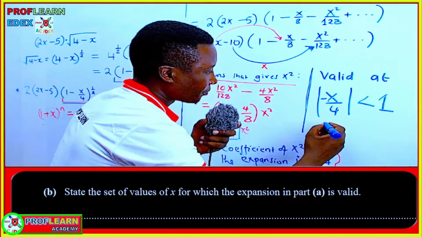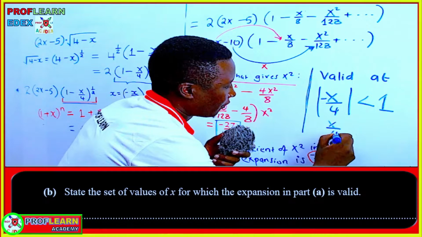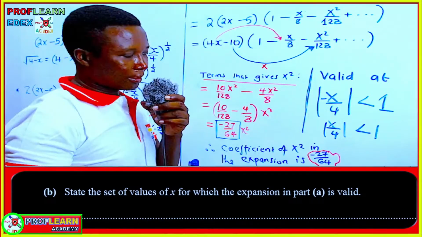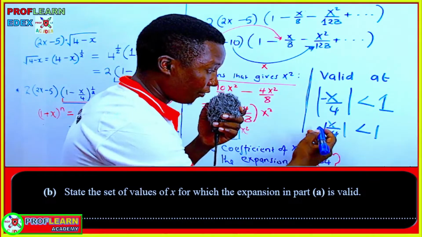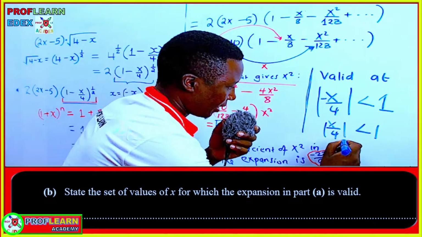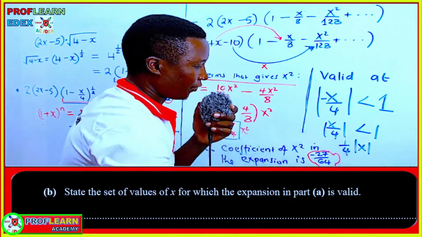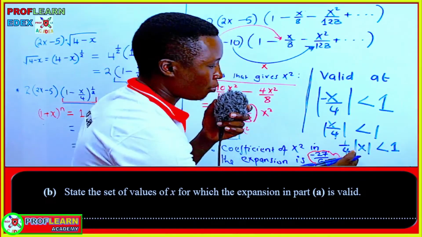So this is going to be modulus of x over 4 less than 1, which implies that we can factor the 1 over 4 out, and then we end up having 1 over 4 modulus of x. Because this 4 is a constant, then we are going to say is less than 1. Then you multiply by 4 both sides, because this is